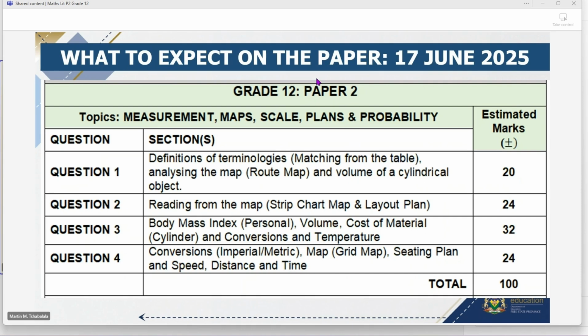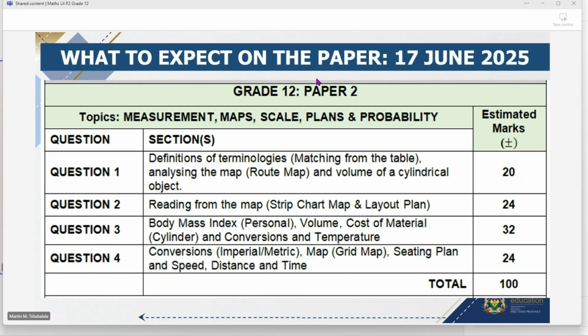We are saying you are going to calculate the volume, but based on what? On a cylinder. What is a cylinder, Mr. Chawla? You know, Tabo. You know, Ntswaki. You know what you call it. When you talk about a cylinder, it can be a bucket, it can be a drum. It can be a bucket.